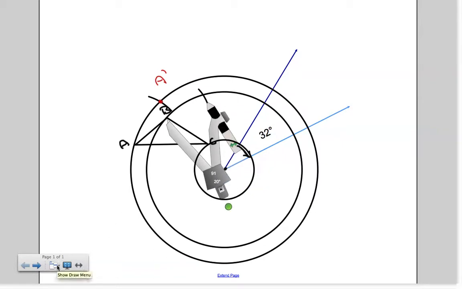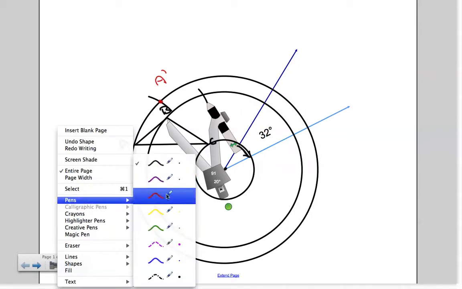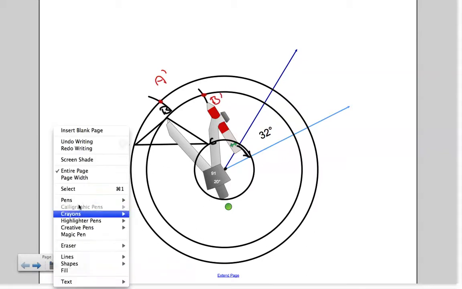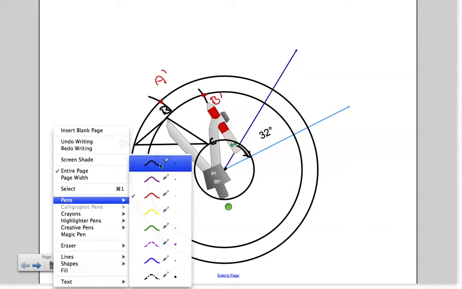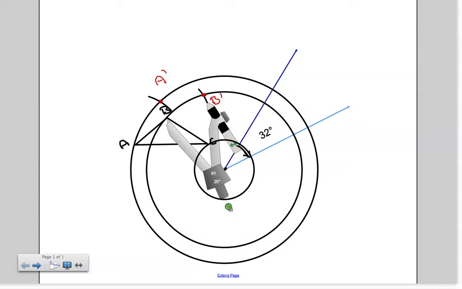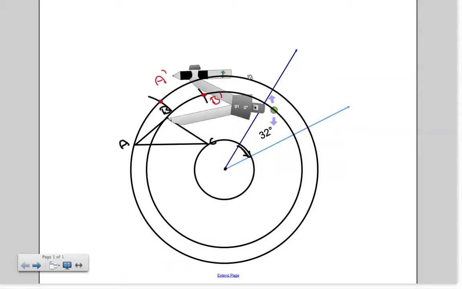Okay, and that becomes B prime. So now this is B prime. And then we do the exact same thing for vertex C. So again, each time it seems that the compass is having a harder and harder time, so guys, bear with me. So we set up our compass,